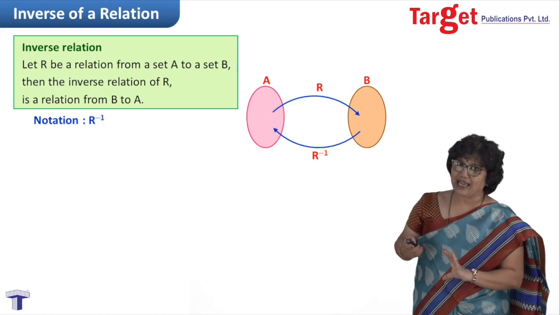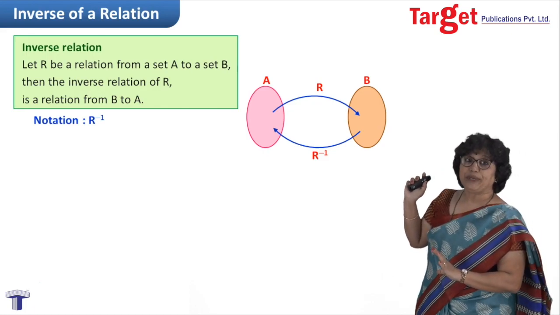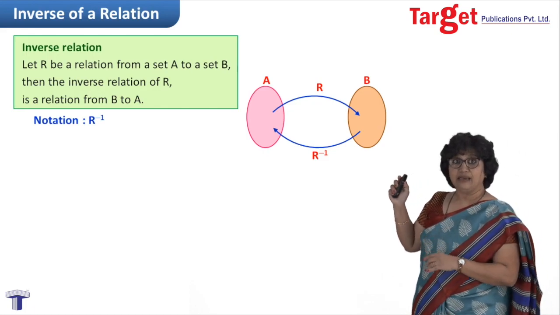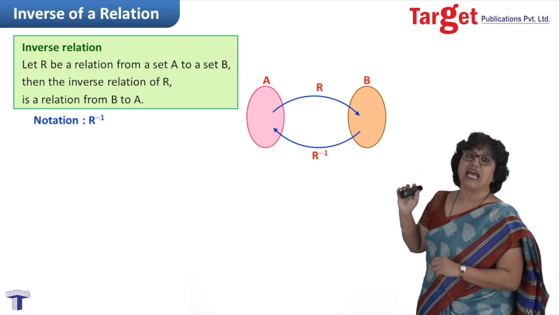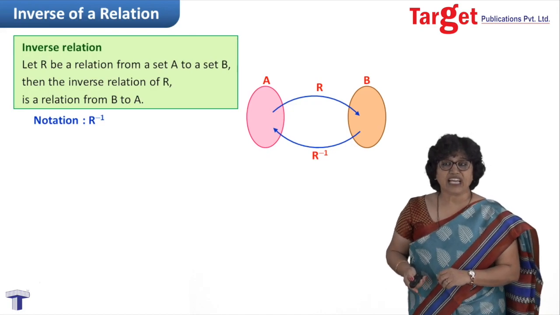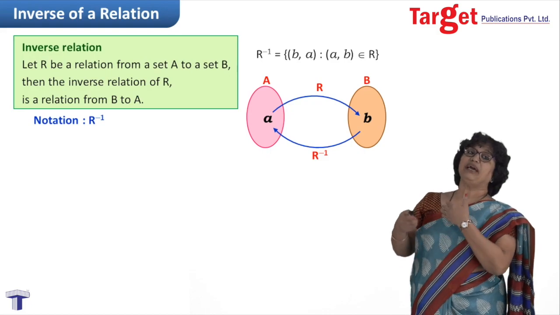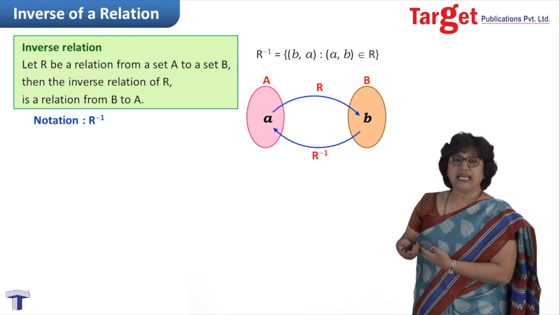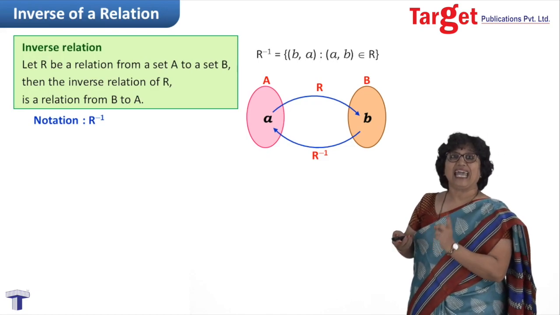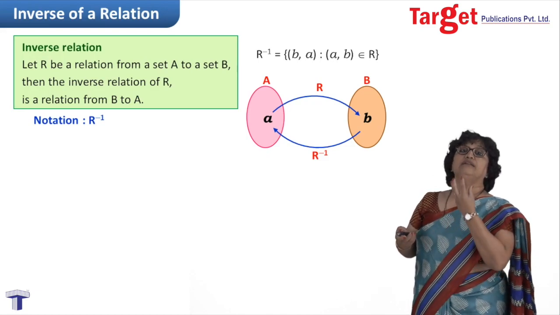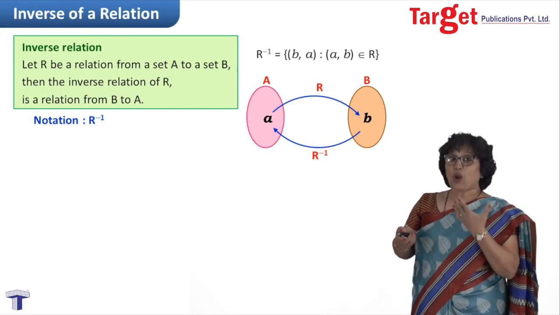I have taken set A and I have taken set B. Then I have shown one arc from A to B, which I have shown as the upper arc R. Then I draw another arc from B to A, and there I have written R inverse. So what do we expect? If there is some element a in set A and some element b in set B, then a would be related to b and would be written as aRb, or we write it as the ordered pair (a, b) belongs to R.